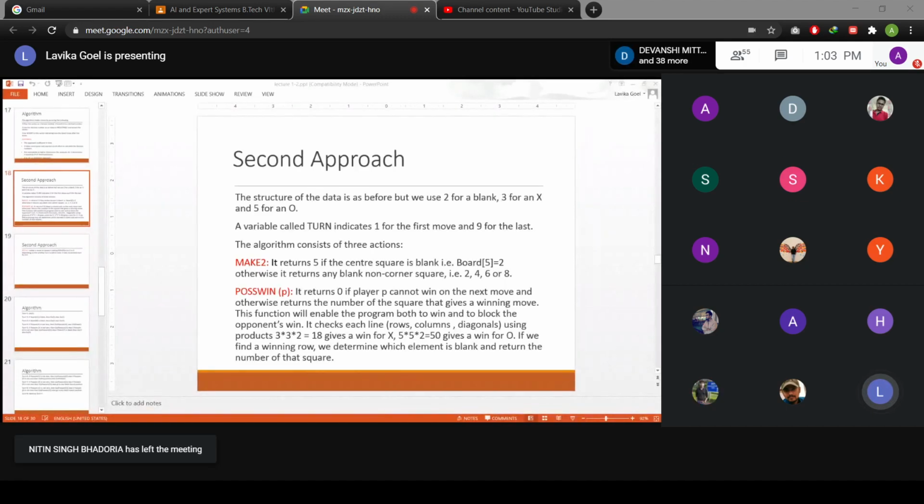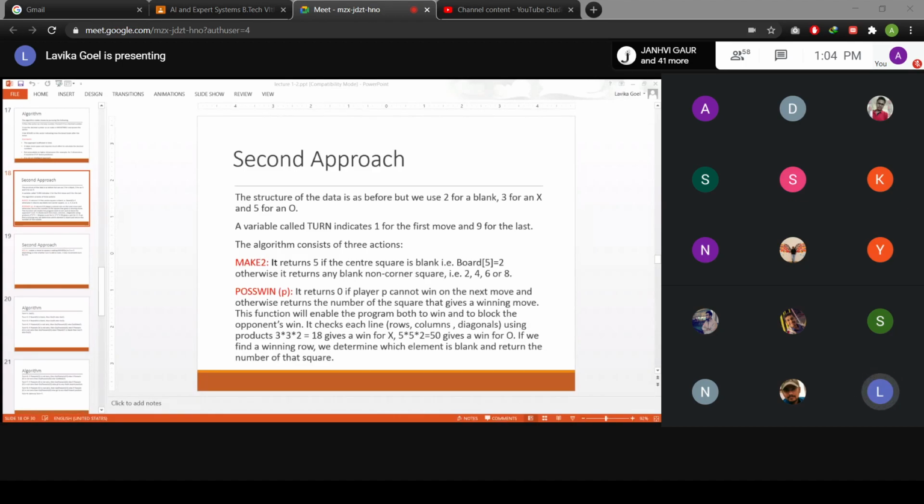So in that example, very little time was required because you could make a move directly just by choosing a decimal number. But the problem there was that you were using 3 to the power 9 board positions. So that much space was required. It was not actually using any strategy. It was just an exhaustive search. You were having all the combinations, all the possibilities, and then from that you were choosing one possibility. So it was an exhaustive approach where you had all the combinations possible.